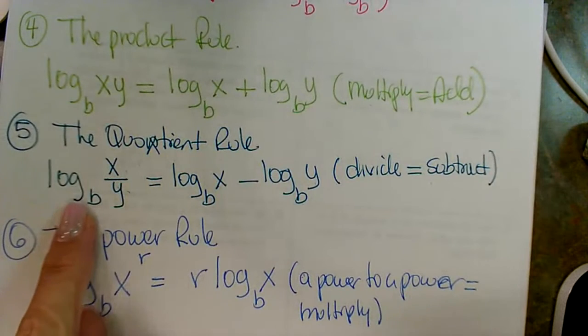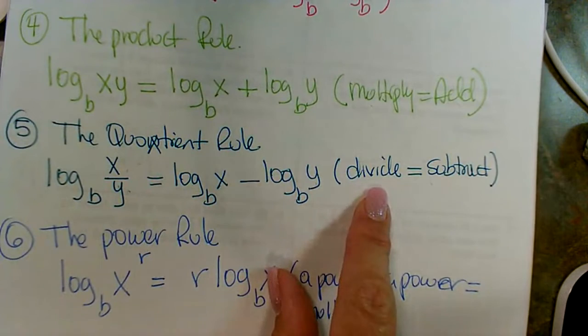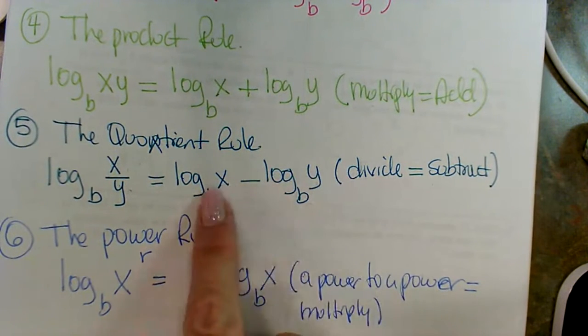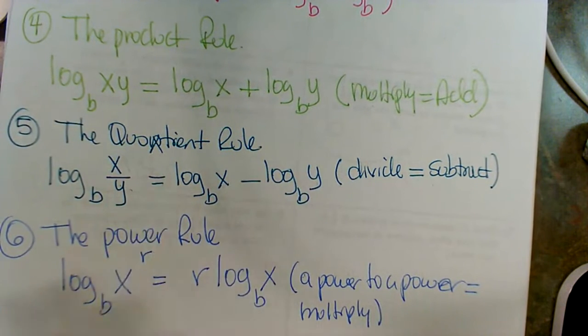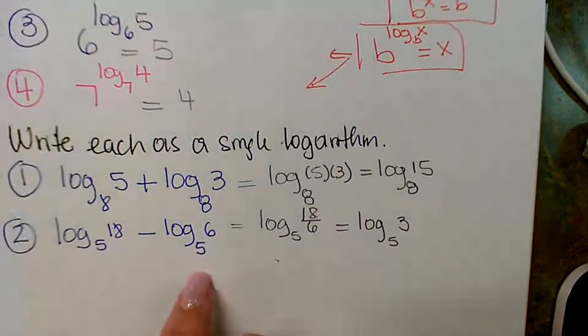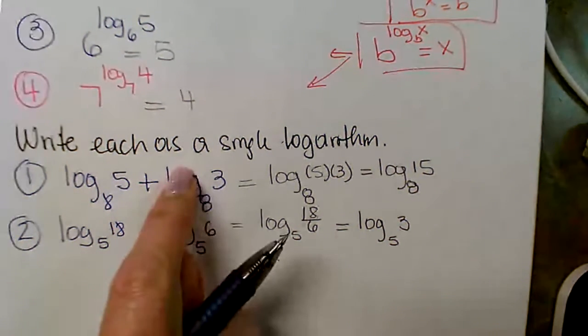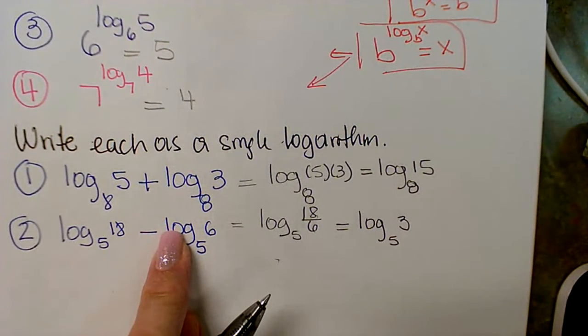Log base b of x over y is the subtraction. Division is equal to subtraction. So if I have subtraction, I just divide them. That's what I did here. So here's addition, subtraction, and